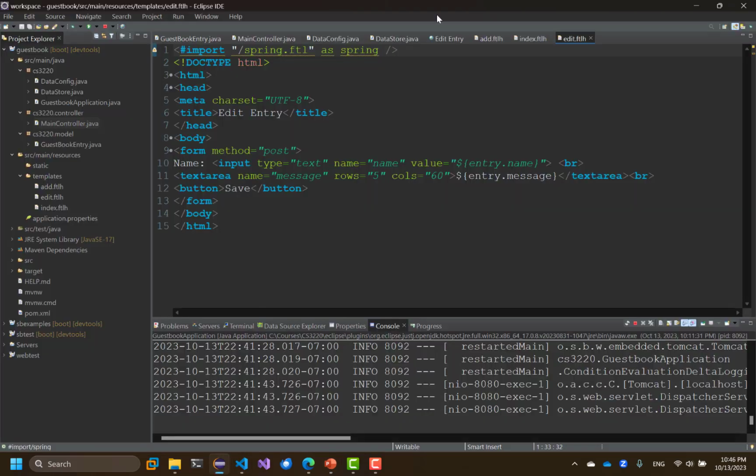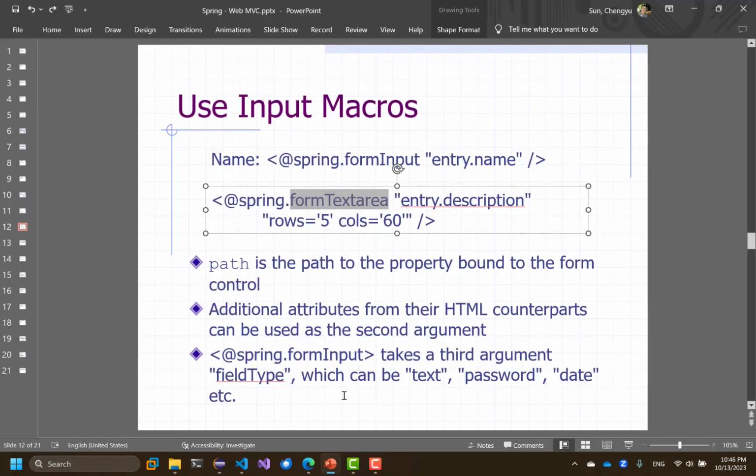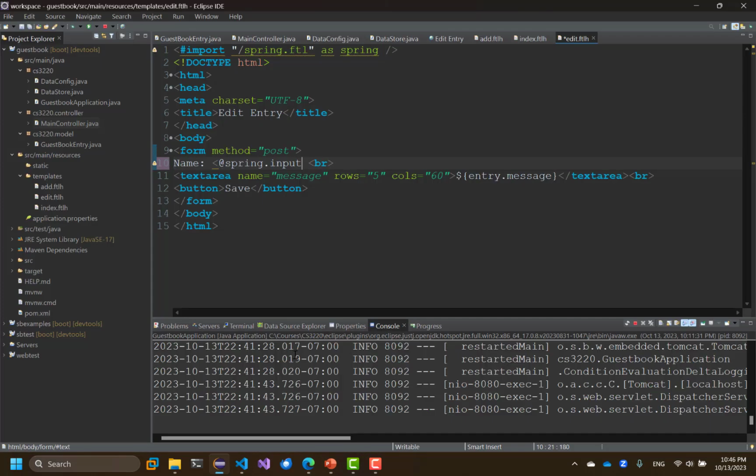So what we do is we will replace this one with Spring input. Is it called input text? Oh, form input. So form input,